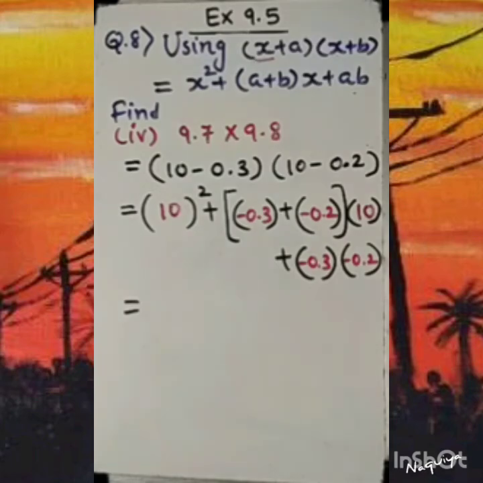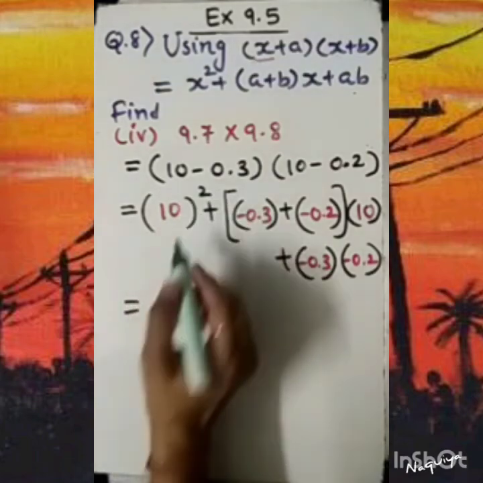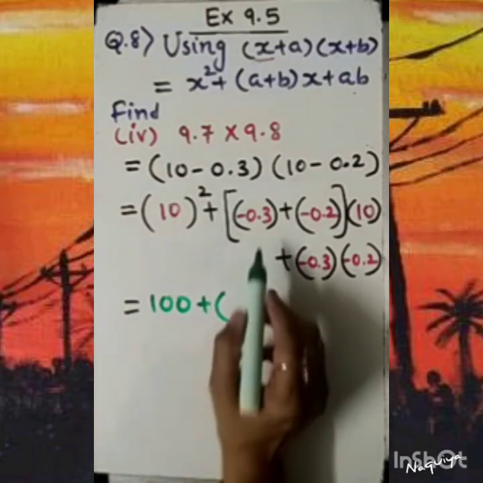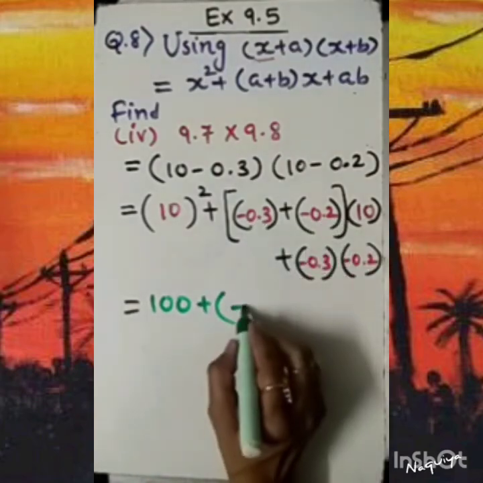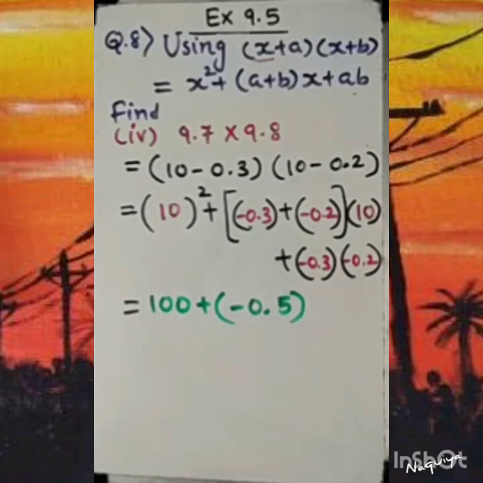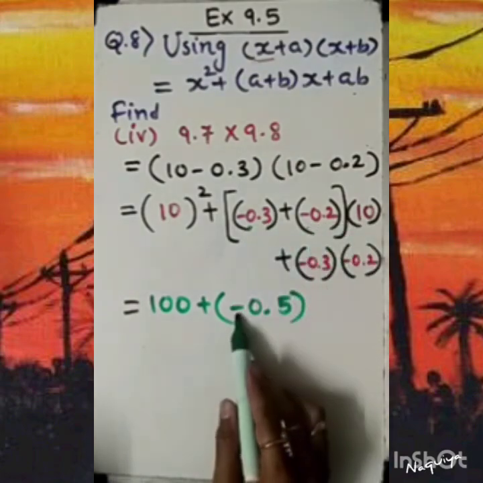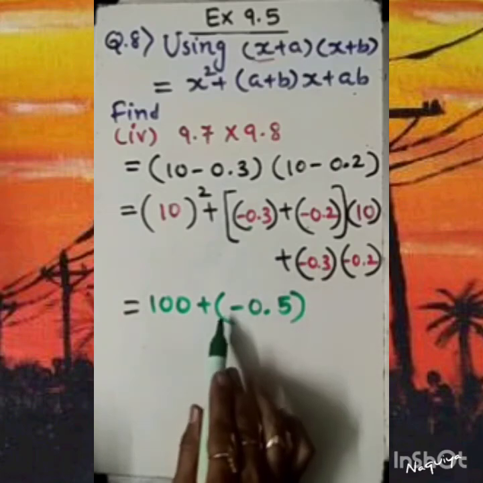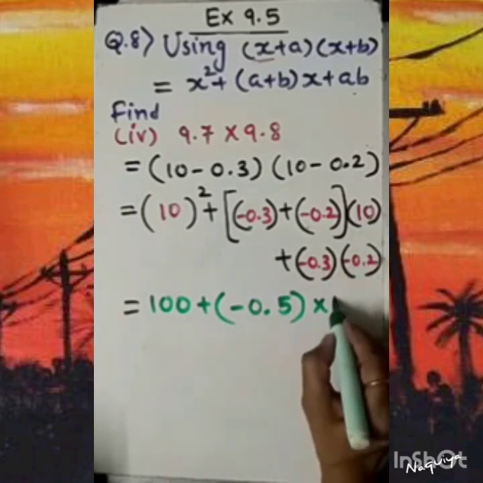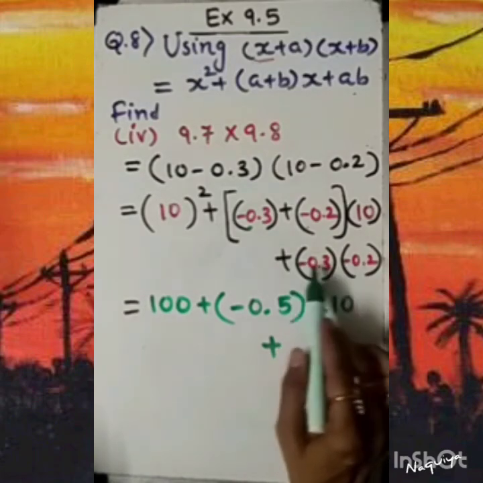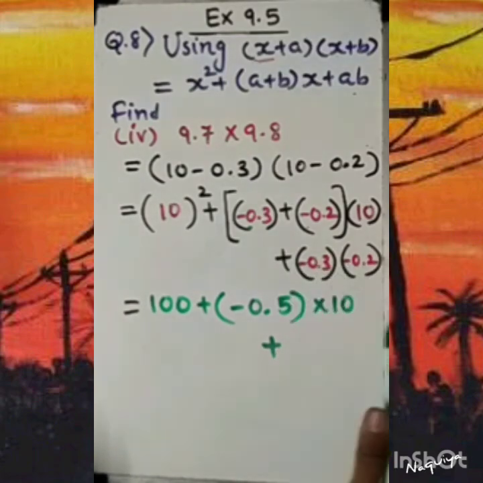Now let's simplify. You will find it easy. Look at your screen and be attentive. We know that 10 square is 10 into 10, that is 100, correct? Now, we know that minus 0.3 minus 0.2 is minus 0.5, agree? Same sign, addition, and the sign remains minus. Into outside bracket 10 is also there, let it be as it is, and this is plus. Plus, what should we write? We know that minus minus plus.